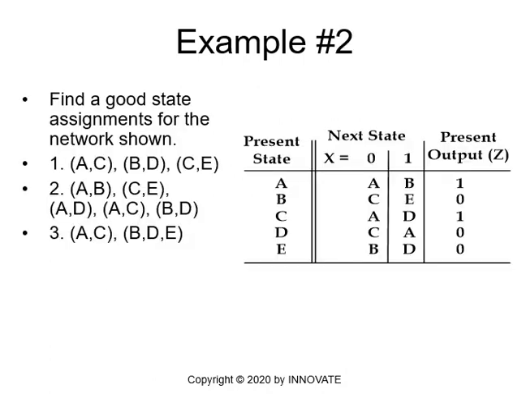Let's look at the second example. This example is much easier. We are looking for the best, or optimal, state assignment. I do apologize, this is a 5-state machine: A, B, C, D, E, and we have the next states. So we are looking at the guidelines. In guideline number 1,